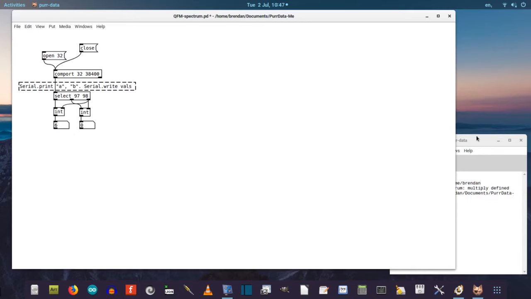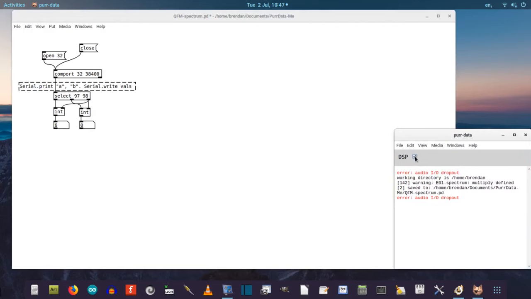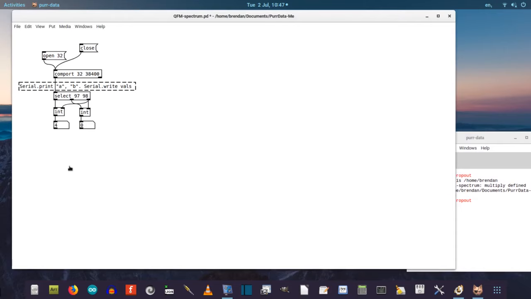And in order to process audio, we need to turn digital signal processing on. And we can do that from the console window via this toggle GUI or this tick box. But we can also do it from within our own patch. If we create a message, begin it with a semicolon, and that indicates that we're sending a global message. And pd means we're sending to the Pd software itself, and we simply say dsp $1, $1 being the variable, and a toggle box,